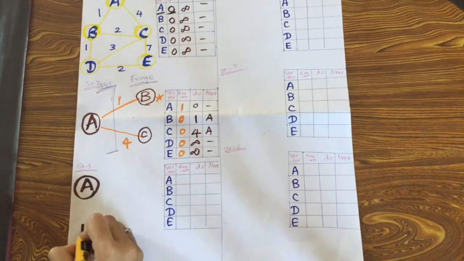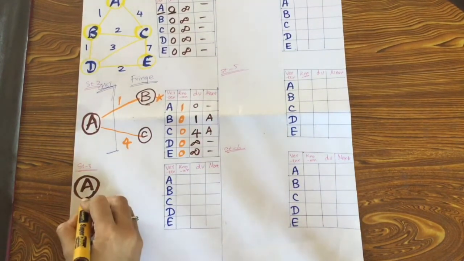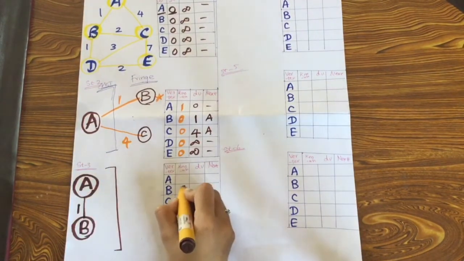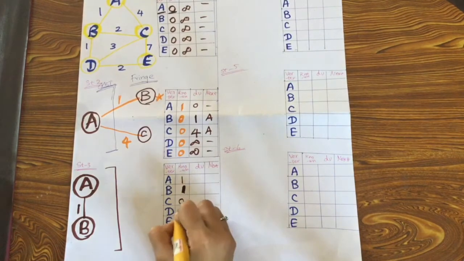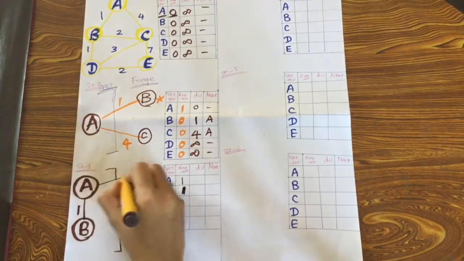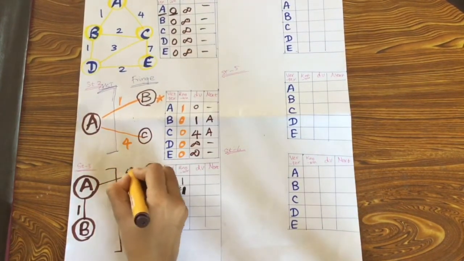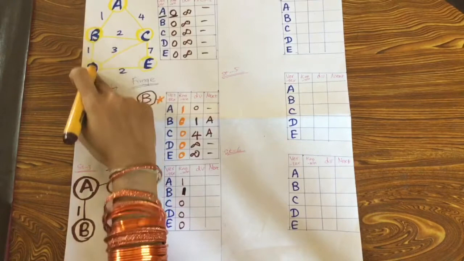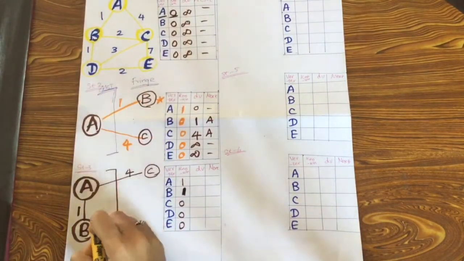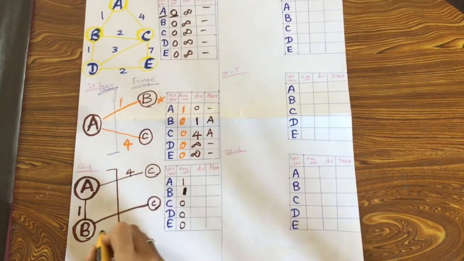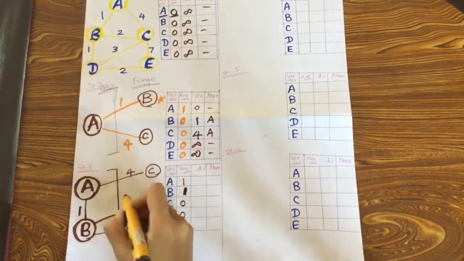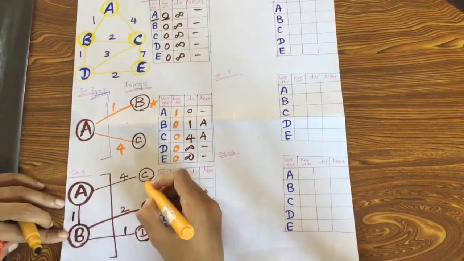In the next step I am bringing the node with least weight, that is B, because it is having 1. So I am bringing it inside the tree node and making it visited. All other things remain 0 still. From the previous step, copy the fringes of A. A is having only one fringe, C. Now write the fringes or neighbors of B. A, C and D are the neighbors. A is already inside the tree, so only C and D are the neighbors of B. Write their weights also: 2 for C and 1 for D.